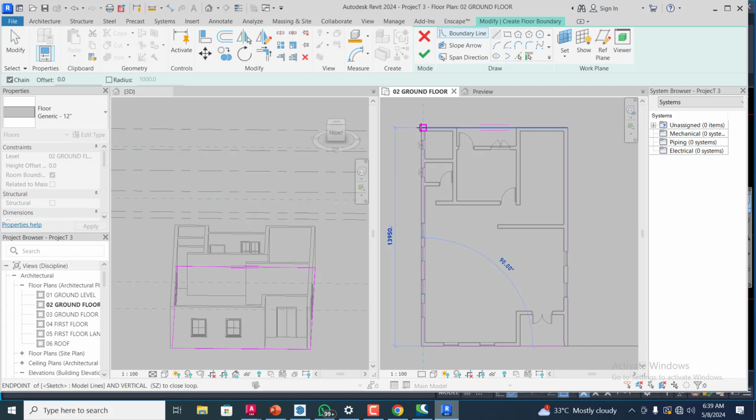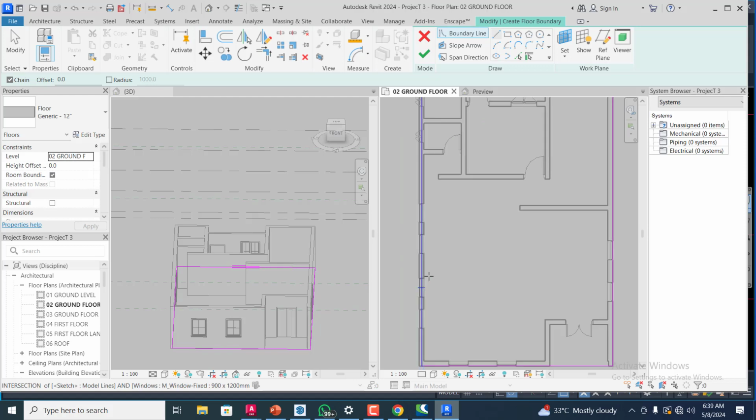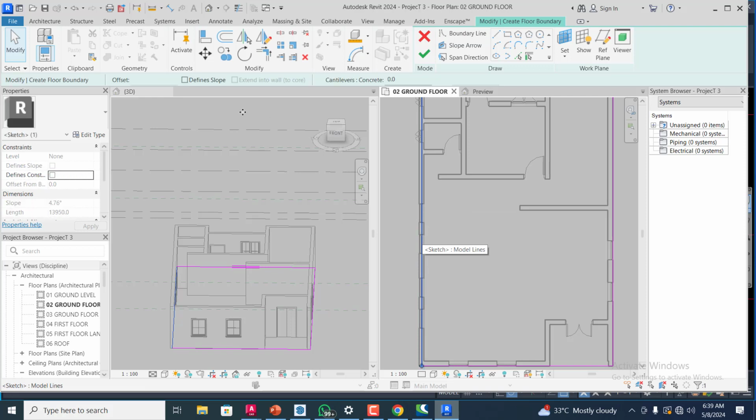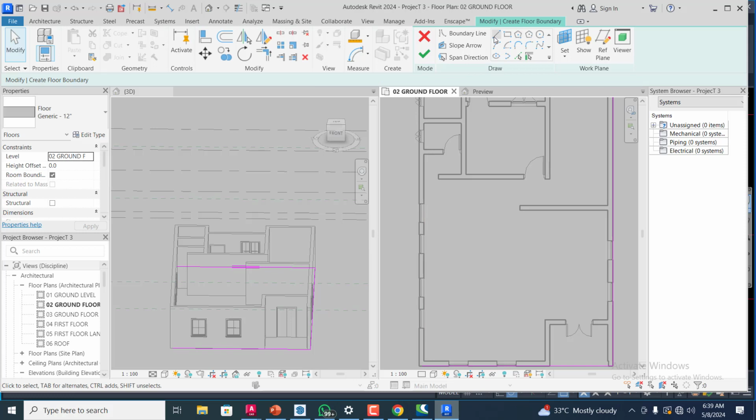If I just create this, I made a mistake, but that can be corrected, or let me just delete it and use a line to,